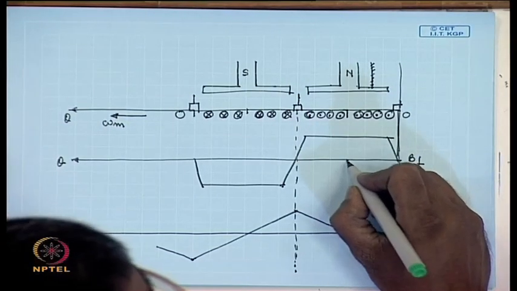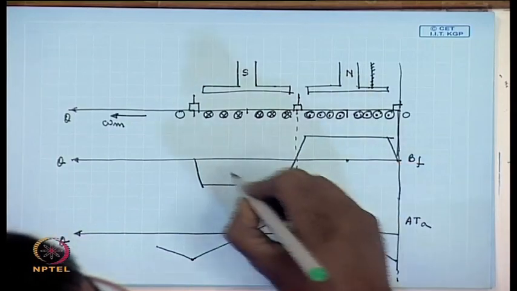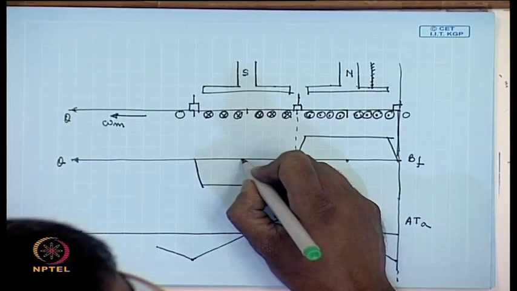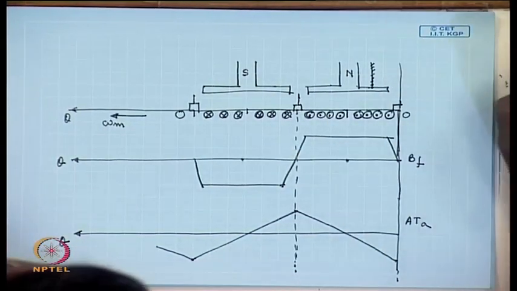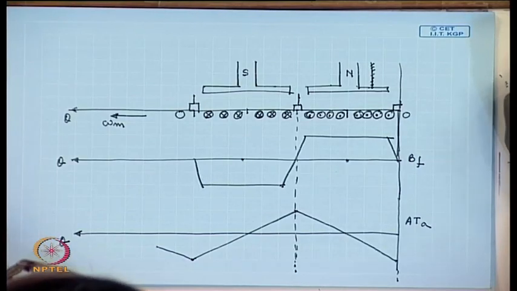This flux will have a zero crossing at the pole centers and is expected to have a maximum value at the interpolar region, but at